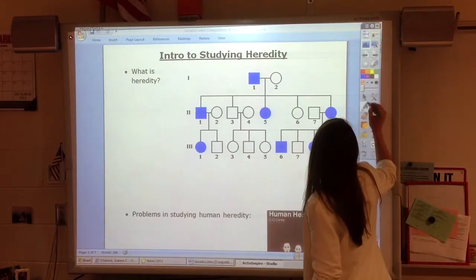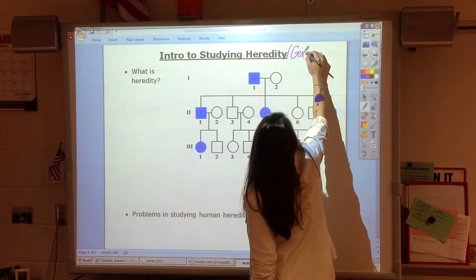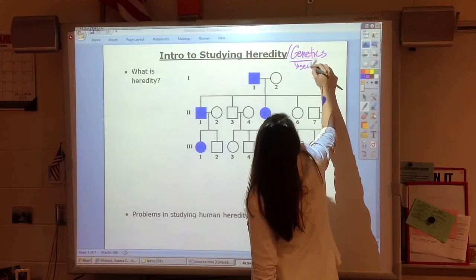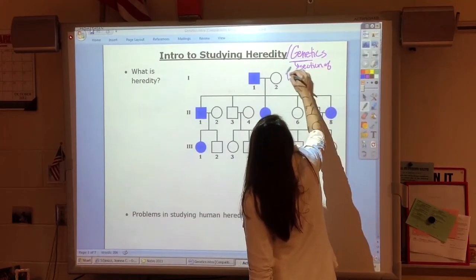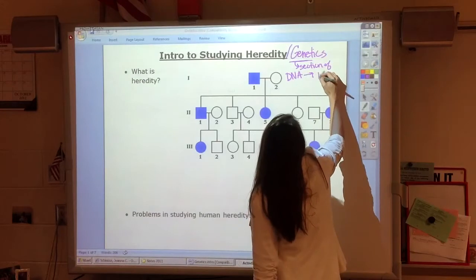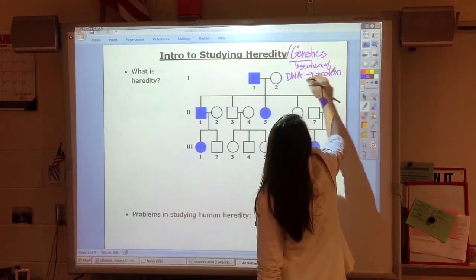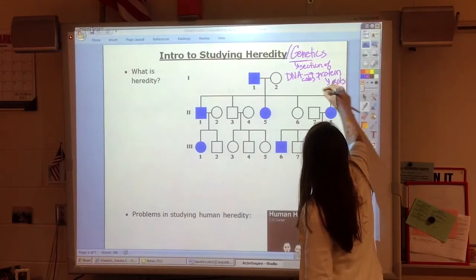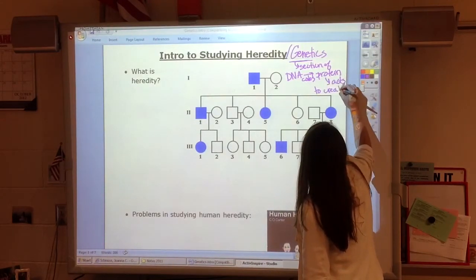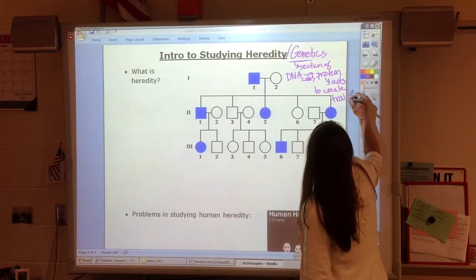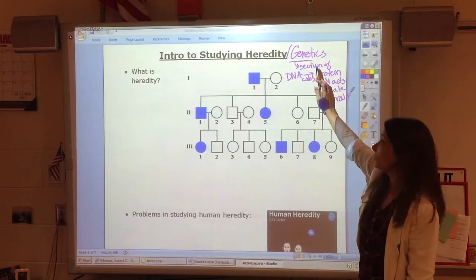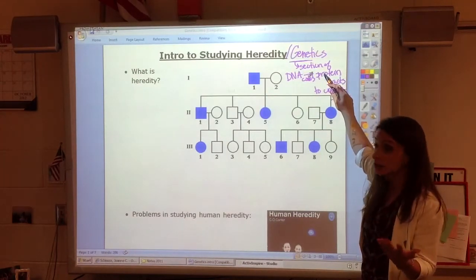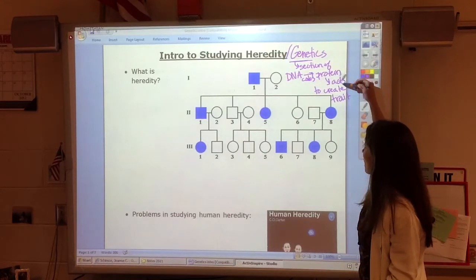The term genetics refers to a gene, which is a section of DNA that codes for a protein that acts to create a trait. So, genes are sections of DNA that code for proteins made of amino acids. These proteins act to create some sort of